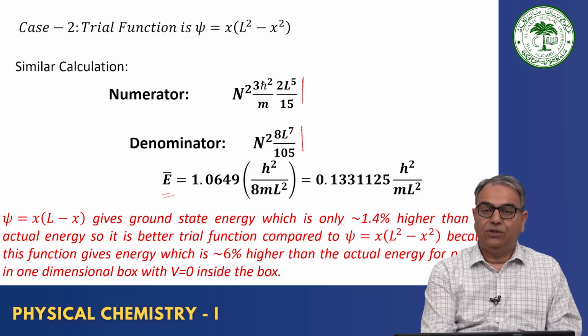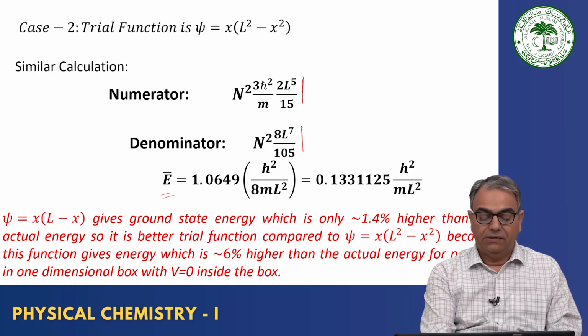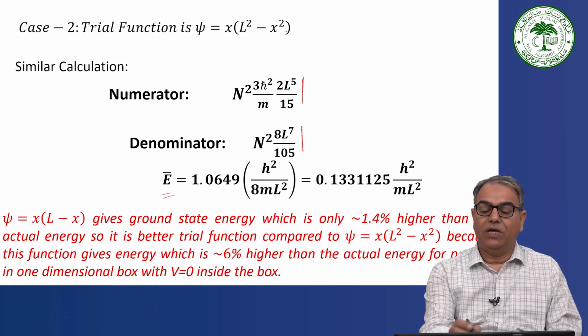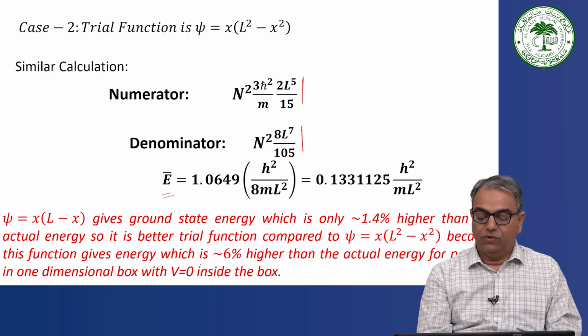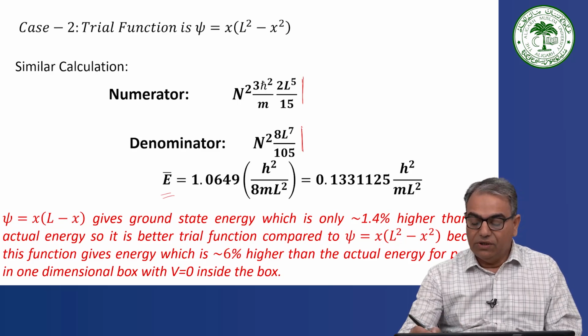So psi x into L minus x gives a ground state energy which is only 1.4% higher than the actual energy. But with x into L minus x into L square minus x square, what do you get? An energy which is 6% higher than the actual energy. So out of the two functions, x into L minus x is a better